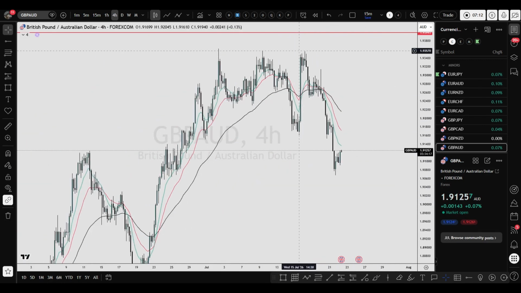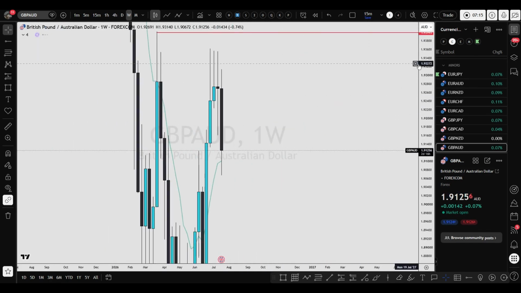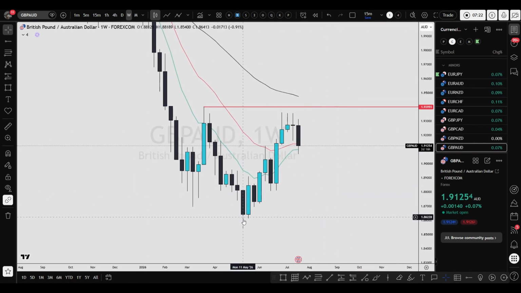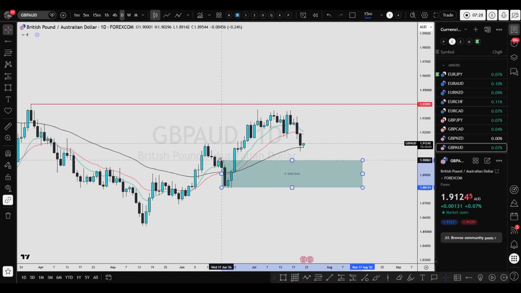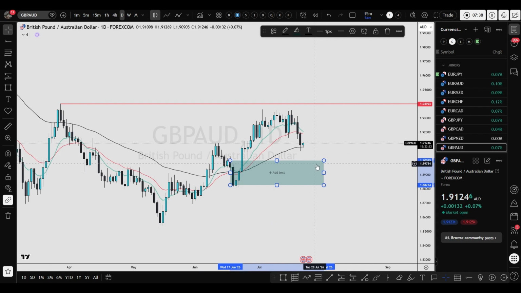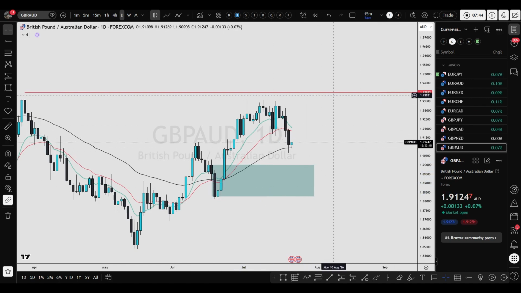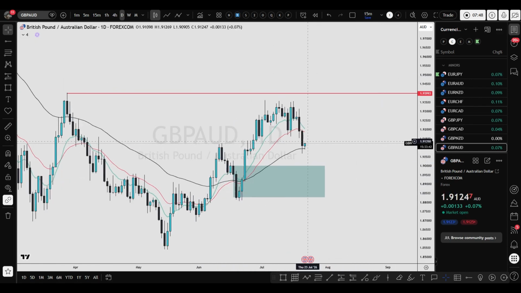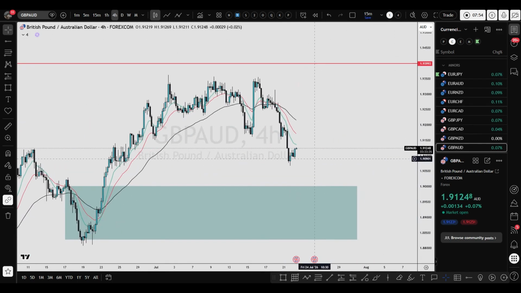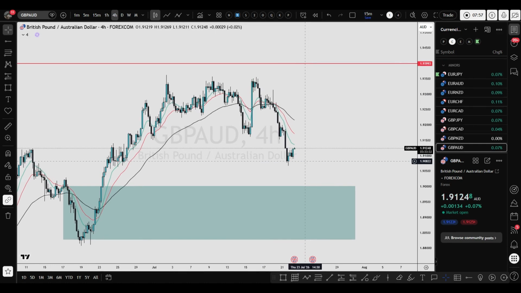Nothing in GBP AUD. I was looking for these highs in GBP AUD. It was looking very promising overall at that time, but look how price is currently dropping back lower. If this is a zone, then let's see if we can refine it in the daily time frame. This is the last series of bearish candles. So what I'm going to wait for is price to drop a little more downside, and then if I find any good, strong bullish daily candle closure, in that case I can start looking for longs in GBP AUD. For now, it's still possible that we're going to see more downside correction. I can't see any short setup over here, or any long setup at this moment, so it's a skip.